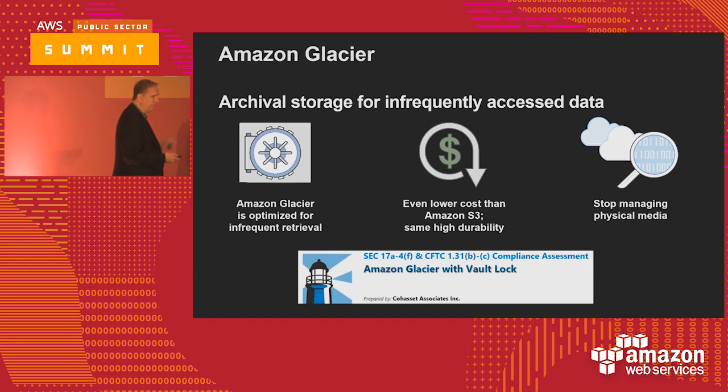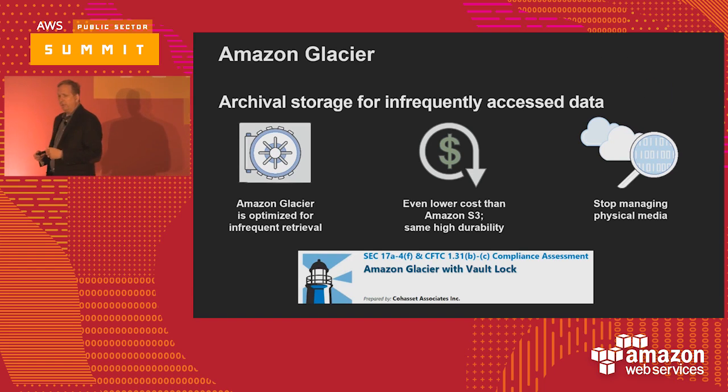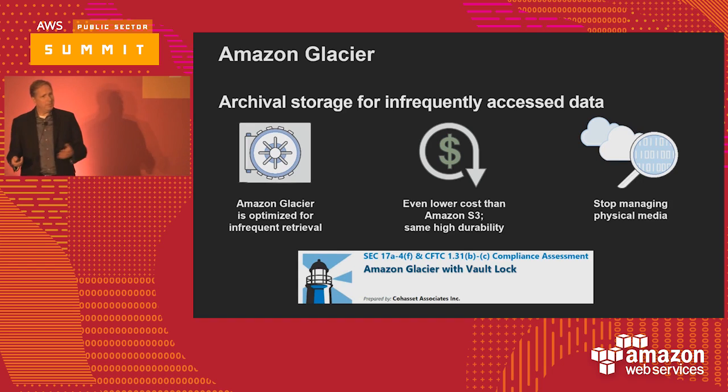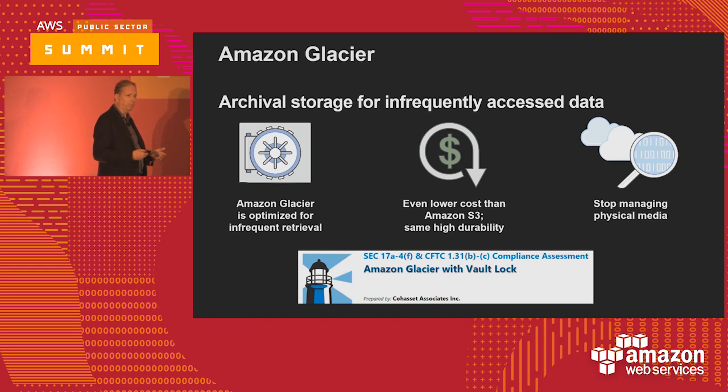So Amazon Glacier, so that was S3. Amazon Glacier is the lowest, coldest tier. It's optimized for that very infrequent retrieval. It's even lower cost, has the same durability that we talked about as S3 and S3 infrequent access. A lot of customers, in fact, even here today, I've had a lot of EBCs, customers moving off tape, say traditionally, or a combination of disk and tape, have looked at Amazon Glacier, especially for that long-term, highly durable retrieval